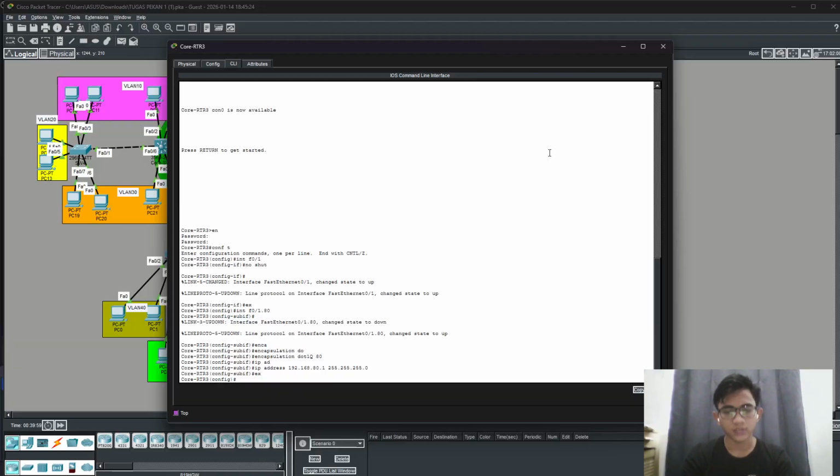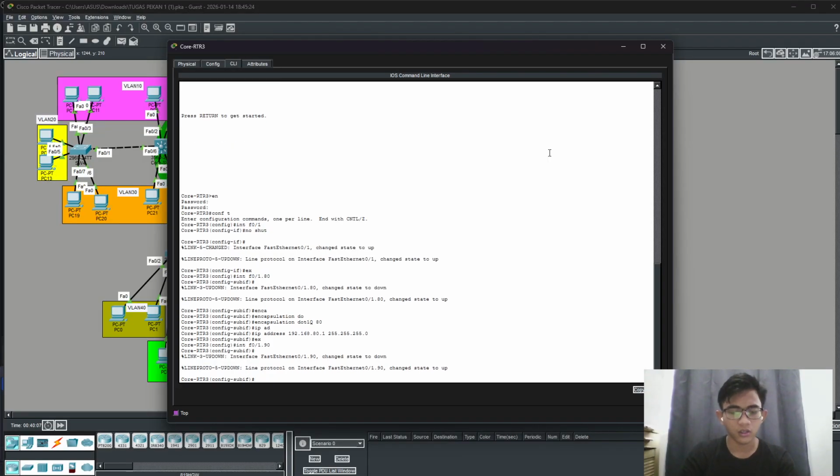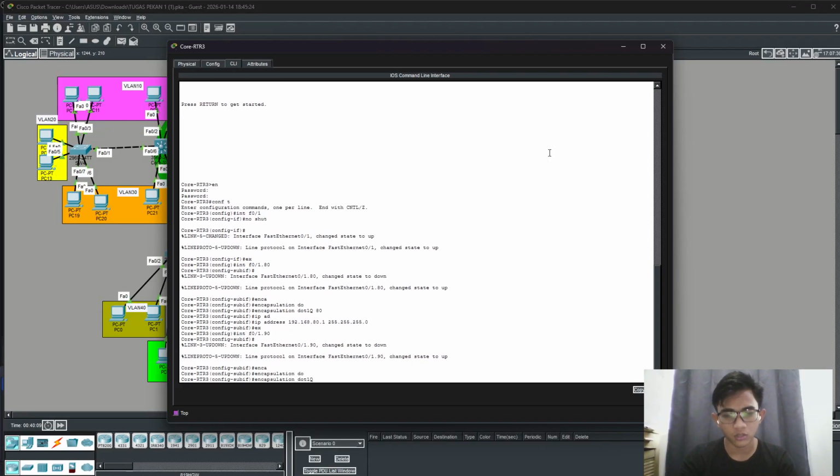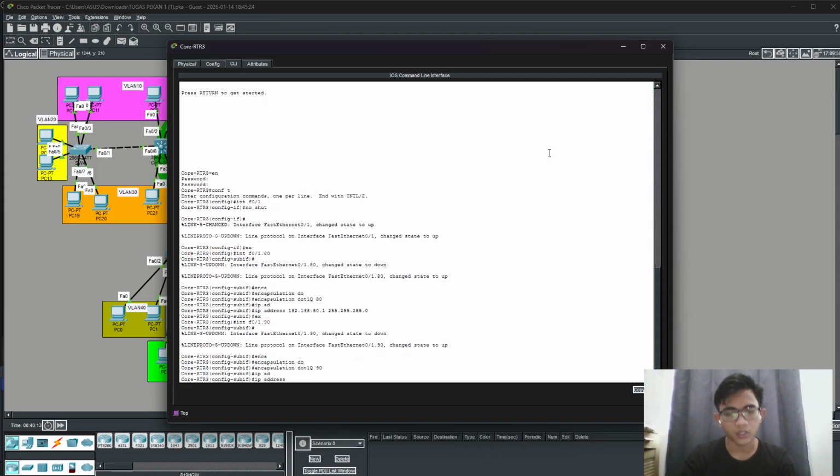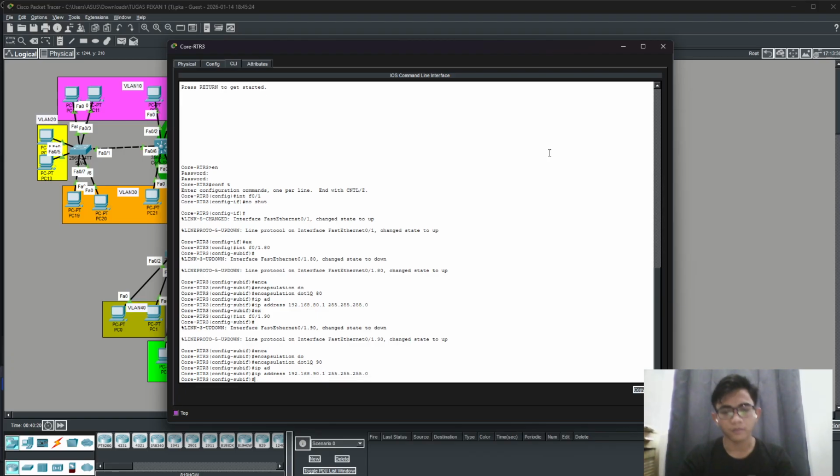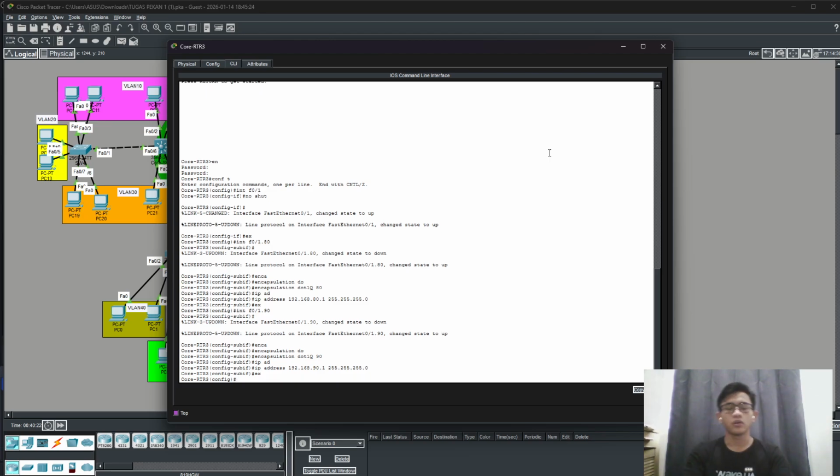Okay, exit. Again for VLAN 90, subinterface 1.90. Okay, encapsulation dot1Q 90, and the IP address is 10.90. Okay, finish.